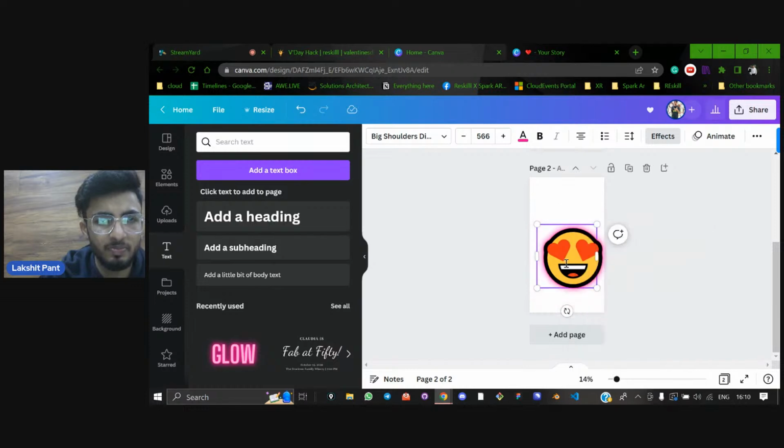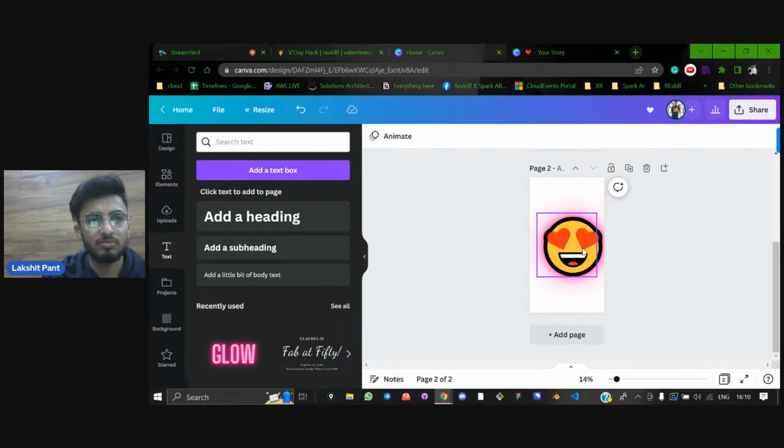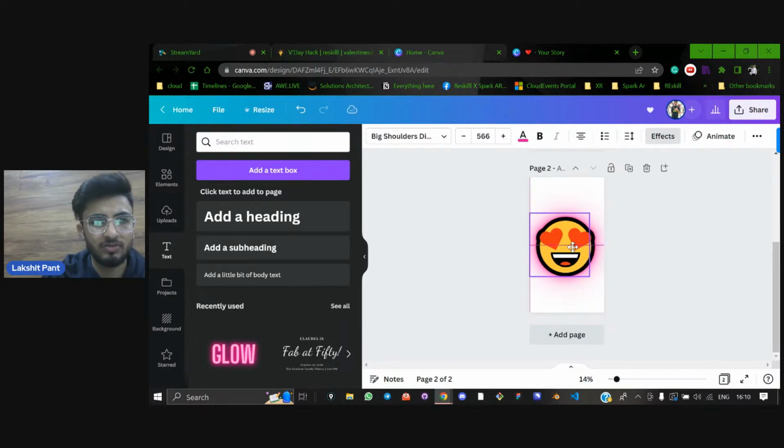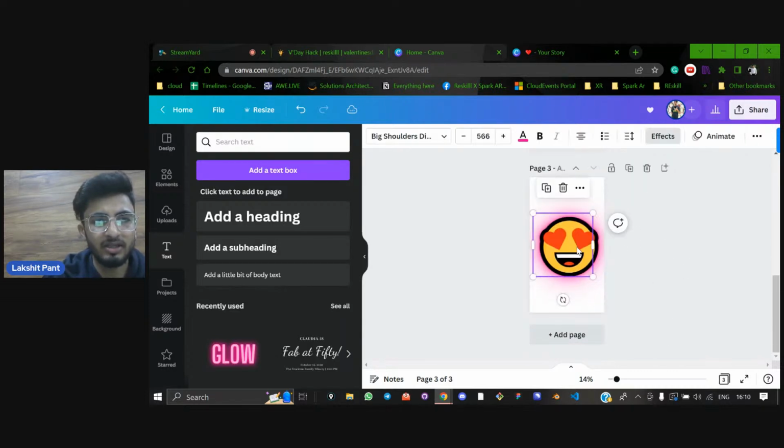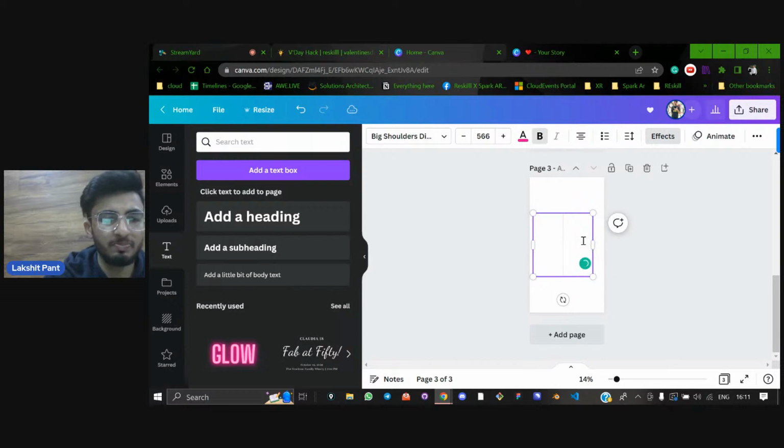I'll just place it in between. So it's not like it's in between. Yeah, perfect. Now I'll just duplicate this, and instead of this emoji I'll put something else, maybe